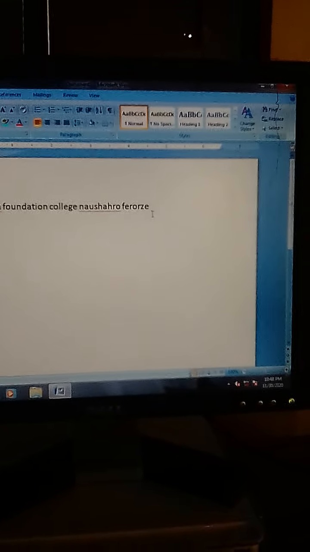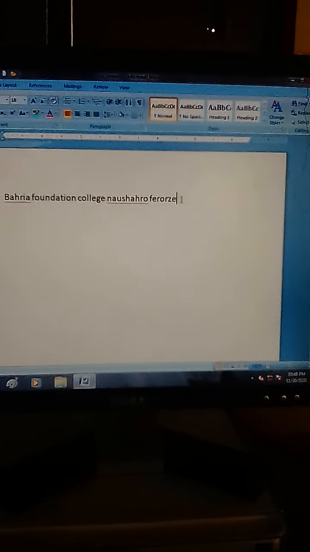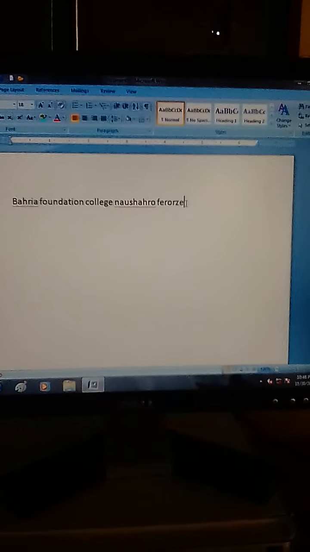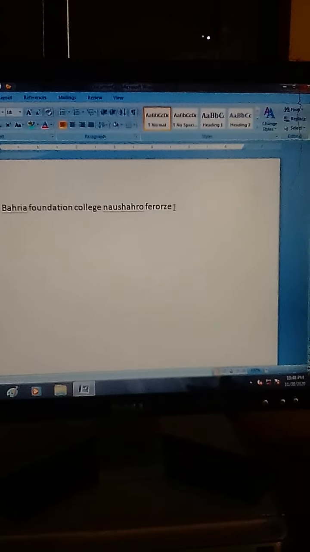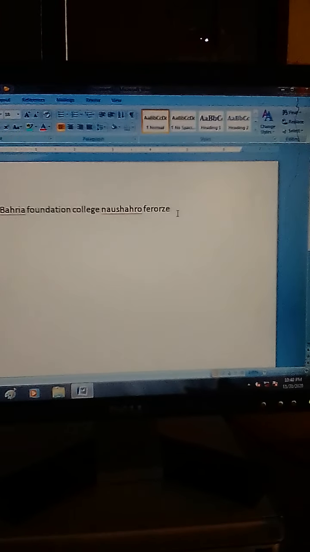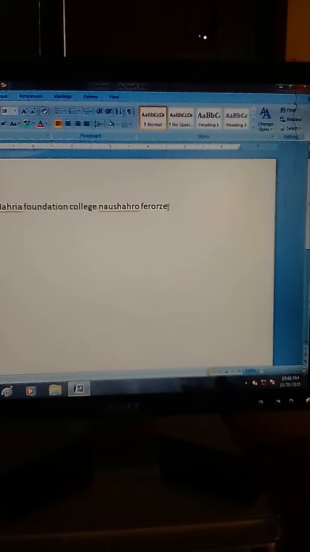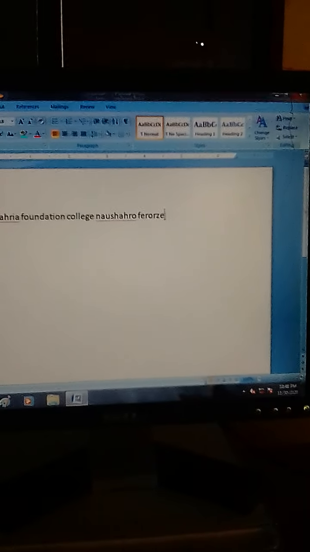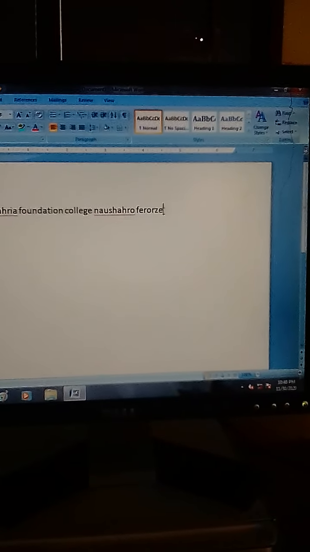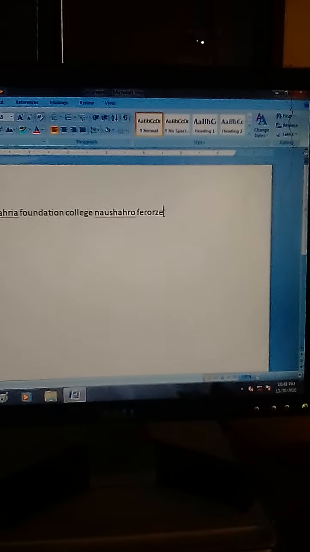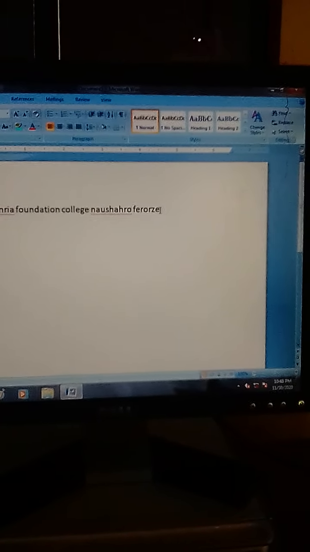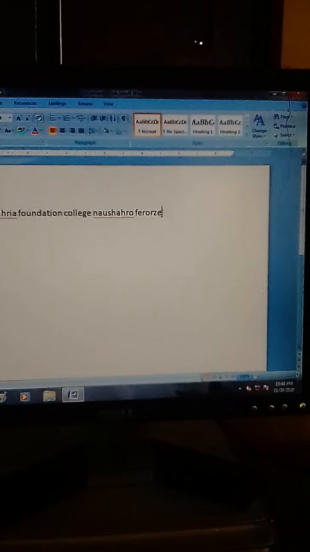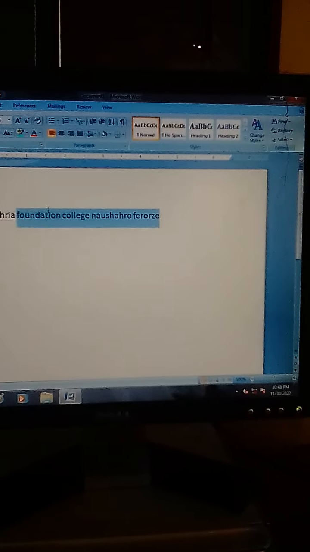To select the sentence we should place the cursor to the left side or the right side of the sentence, and we will press the left click of our mouse and drag to the opposite direction of the sentence.